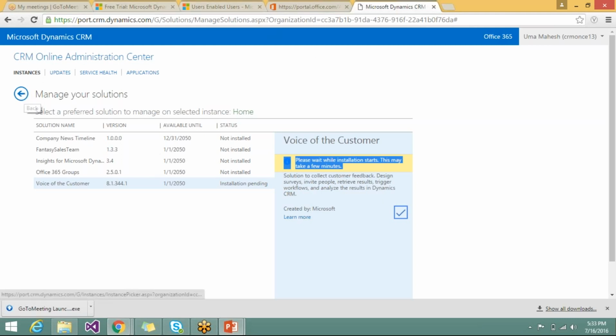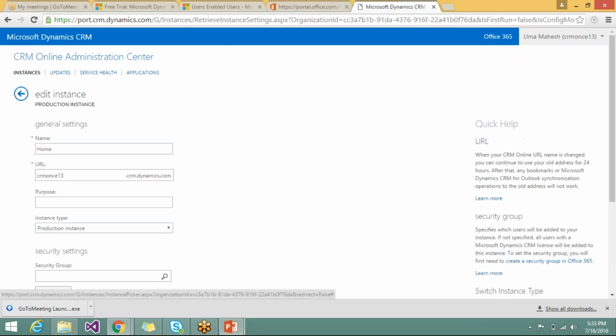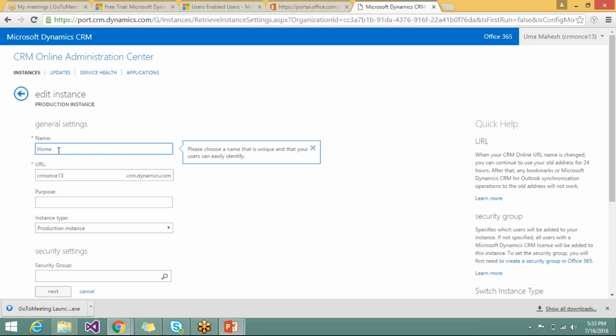And other things here in this Office 365 CRM online administration page, we can go back here, and here we can edit your organization details. Here we can click on edit and we can change your organization name.